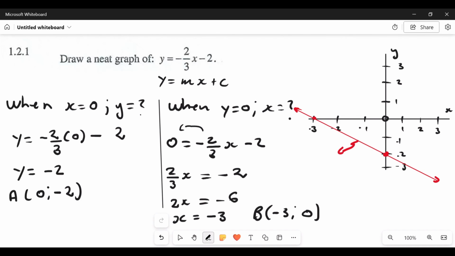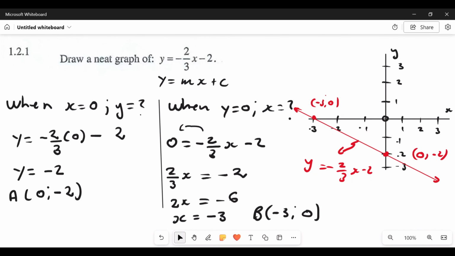If you don't like to add these other points, as long as you show this point, which is point B, at negative 3 with y is 0, and then here, negative 2, you can also show that without showing these numbers here. It's still fine, but I would prefer you guys to draw everything